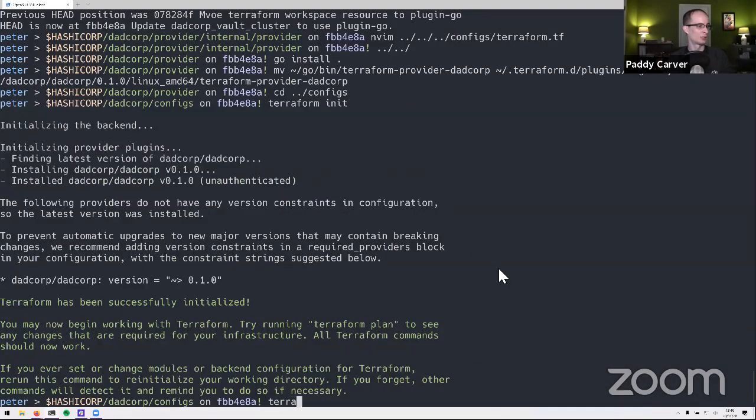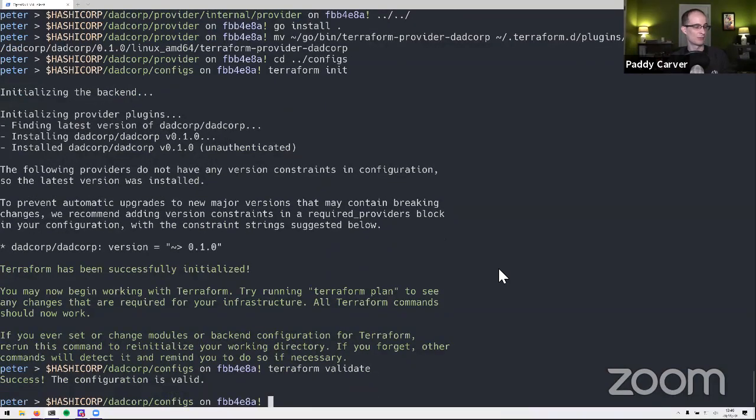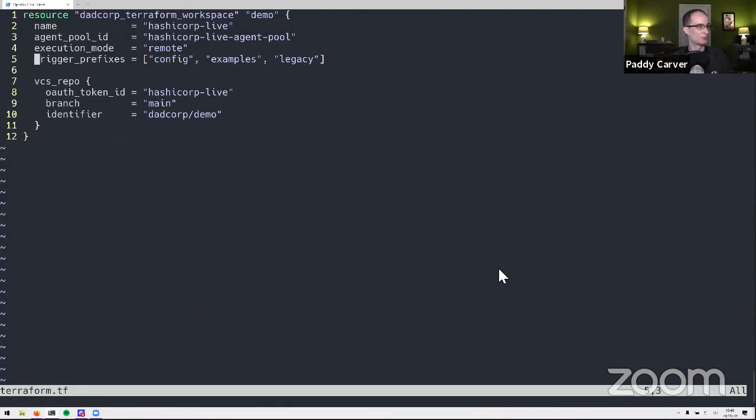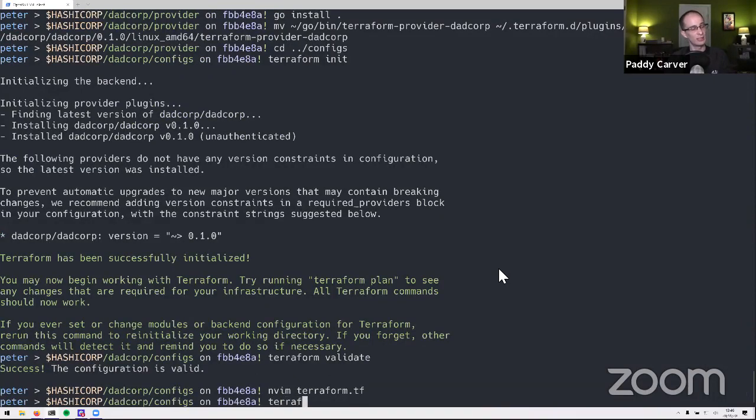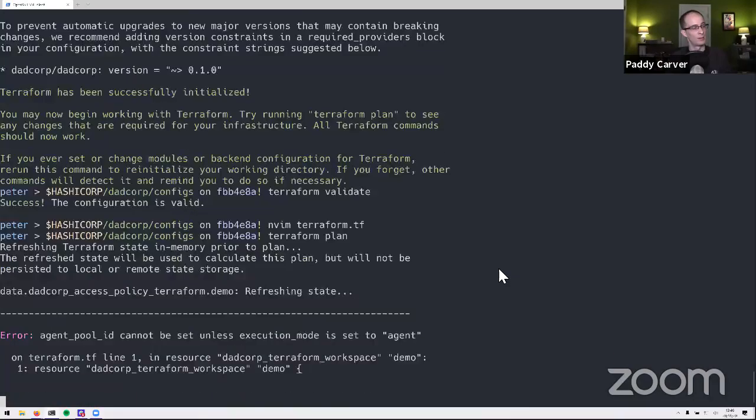And yeah, okay. So if I validate this, it's going to be like everything's fine, even though we just said everything is not fine, right? Because it's remote, it needs to be agent. That's not cool. And you can actually see it if you plan it right now. It's going to be like, hey, you can't do that. That's not okay. And that's the best you can do at the moment with helper schema. That's the extent of the user experience you can provide.